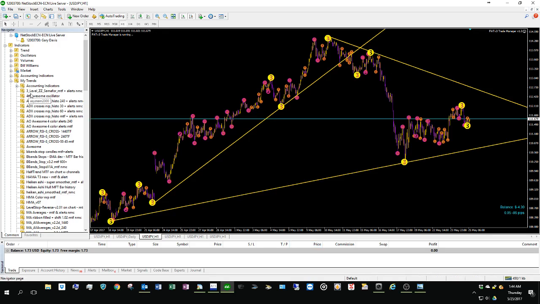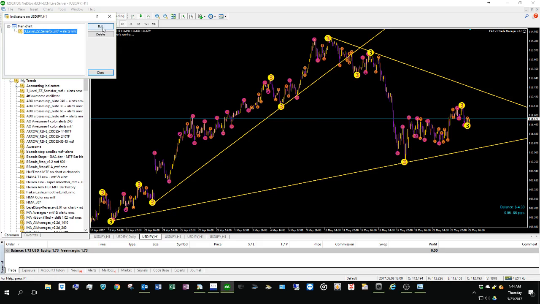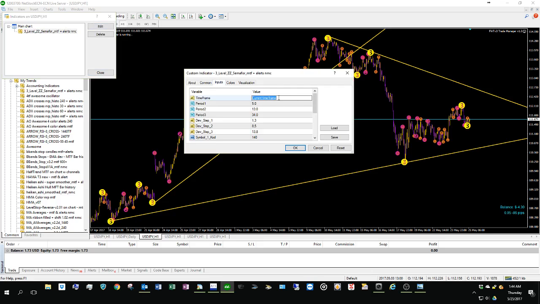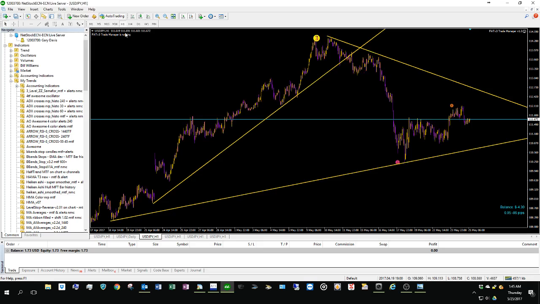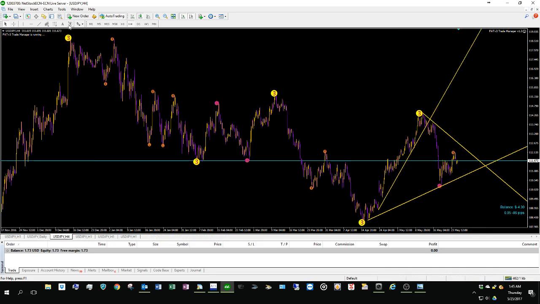So this is called 3-level ZZ semiform. It's a multi time frame, which I kind of like. So if we were to look at that indicator, we could actually change that to, say, a daily time frame. Now it's kind of locked into daily, and then it eliminates a lot of that chatter that we saw before. So if we do that and go to dailies, we're going to see some super major trend lines here. So we've got some tops and some bottoms,